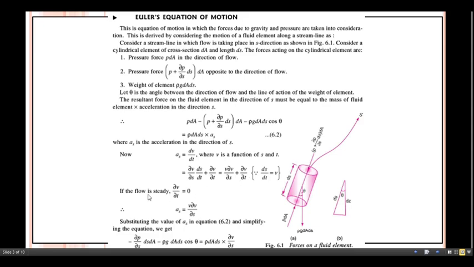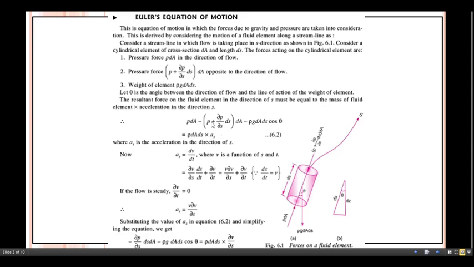Okay, so what about the next one? For steady flow, we know that ∂v/∂t must be equal to 0. So what do we get for this? Only this term will remain for a_s, since for steady flow this term must be equal to 0. So here we get v into ∂v/∂s. Now substituting the value of a_s in equation number 2, and simplifying the equation, we can